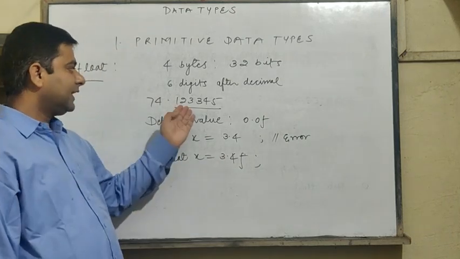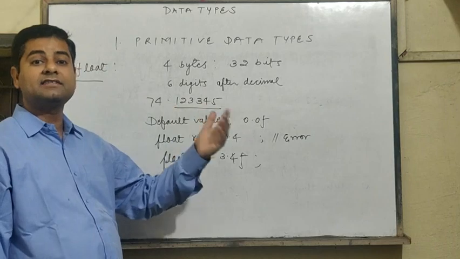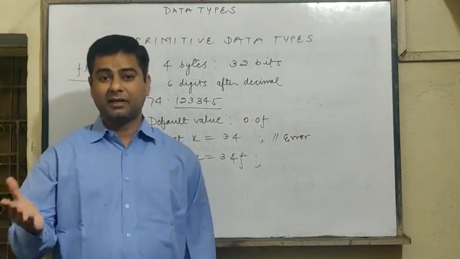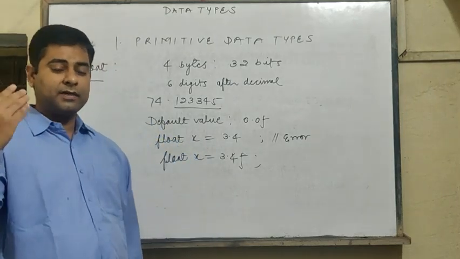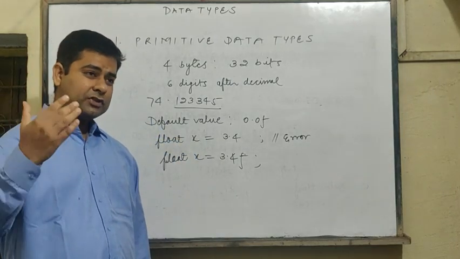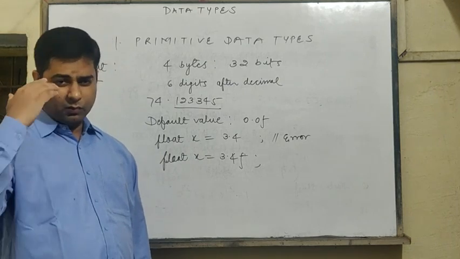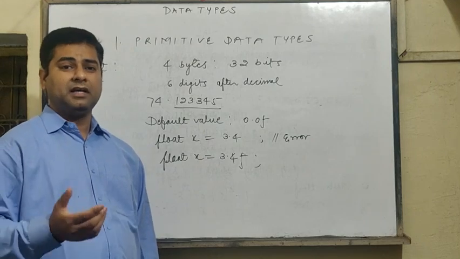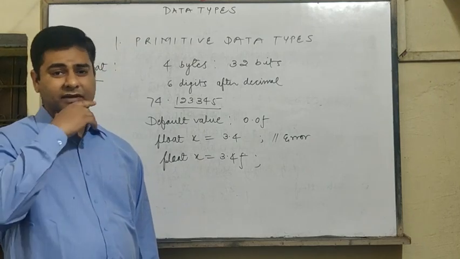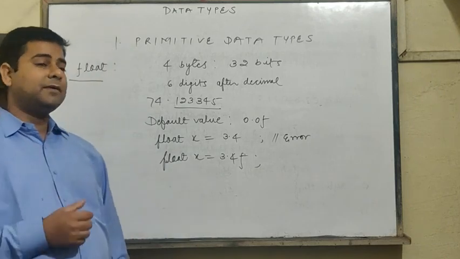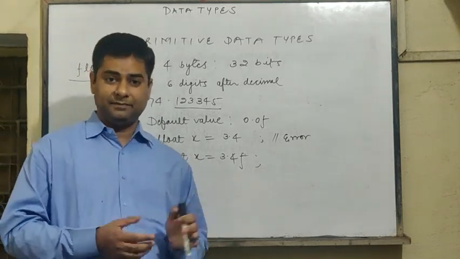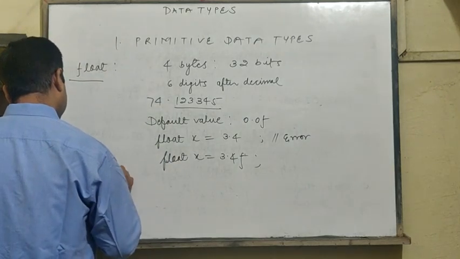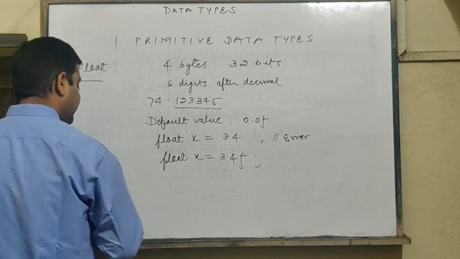Understood? So suppose you are getting more than 6 digits after decimal, in scientific notation, log values, temperature and many values in mathematical formulas. Generally, sometimes we take more than 6 digits after decimal, 8 digits, 10 digits, 11 digits after decimal for scientific experiments and research. So for that particular purpose, we cannot use float data type. In that particular case, we will use double data type.